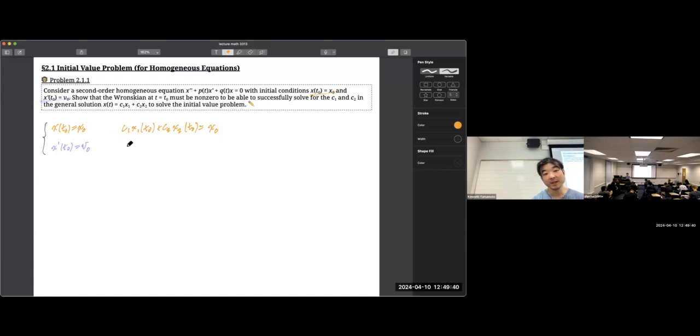The other condition is its derivative. So I just have to take the derivative of this. The derivative of this is really easy. It's just c1 x1 prime, but then we want to plug in t naught into it, plus c2 x2 prime, plug in t naught into it. And this has to equal v naught. Okay. And we want to check,